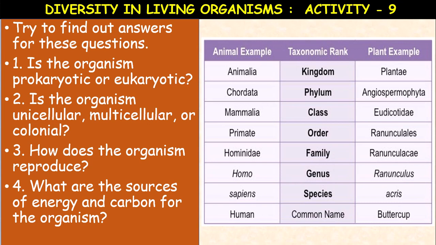After identifying, you have to give the name, and you can write the taxonomic rank also if possible. For example, kingdom Animalia, kingdom Plantae. I have taken 2 examples here: one is human, and the other one is buttercup. Kingdom Animalia, human being belongs to phylum Chordata, class Mammalia, order Primates,